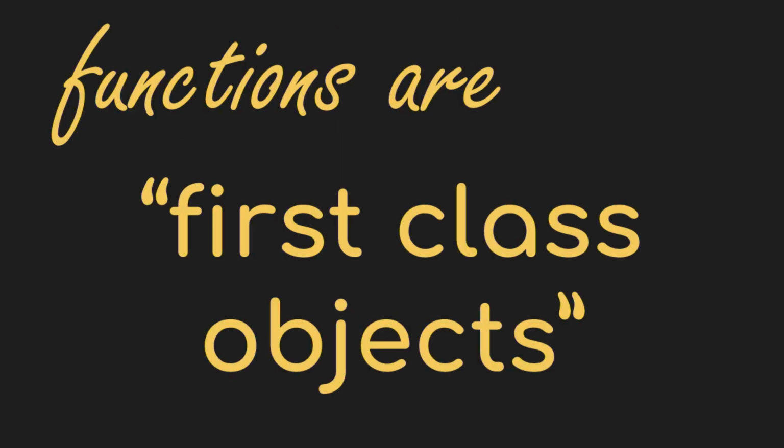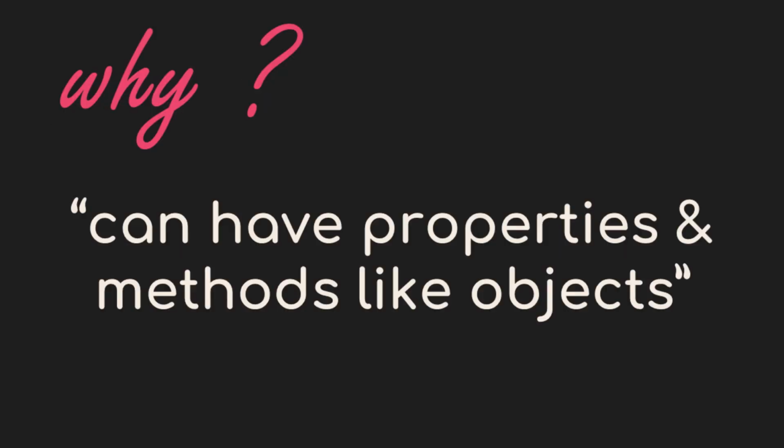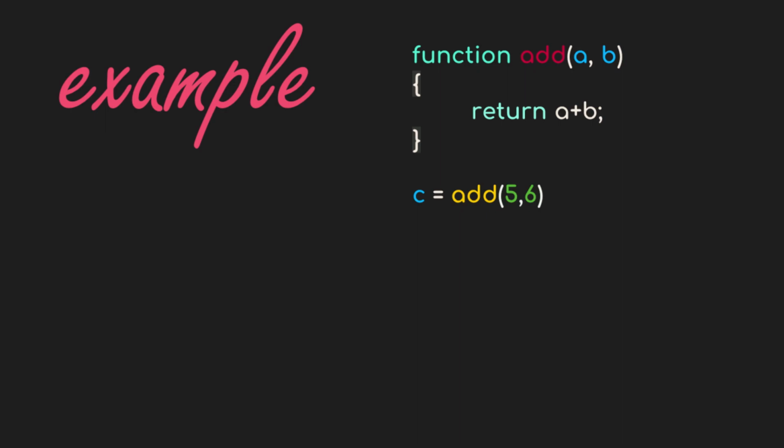In JavaScript, functions are first-class objects. But why are they called first-class objects? They are first-class objects because a function in JavaScript can have property and method like any other JavaScript objects. Consider the sample code we have seen before with a function named add. Like any other object in JavaScript, we can add a property to it simply by using its name .property name. That is, for example, add.age equal to 25, add.city equal to Bangalore. Now age and city have become the properties of the function, as it can happen with a regular object.